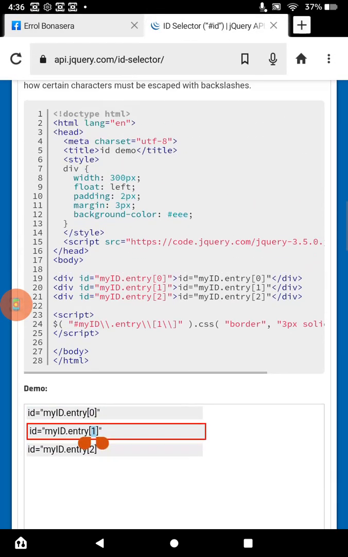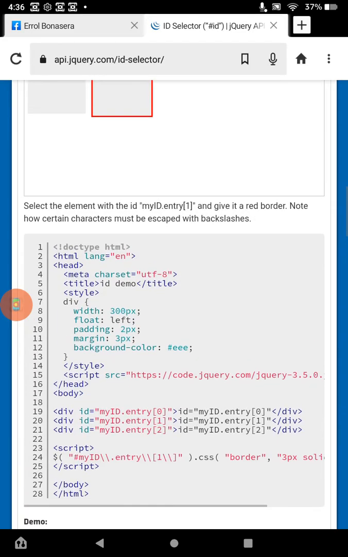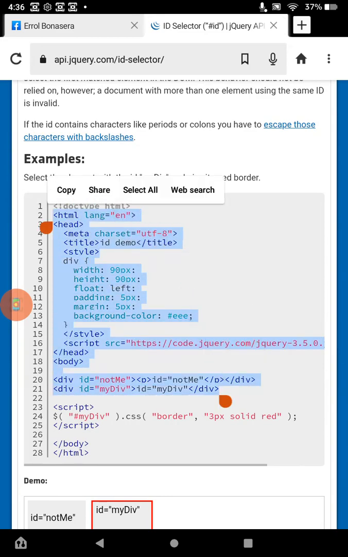That's the way this example scans the HTML document here by using